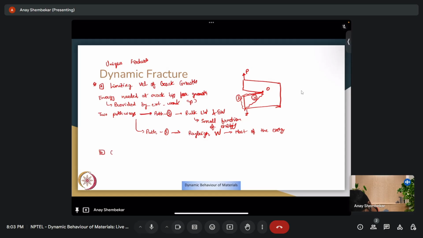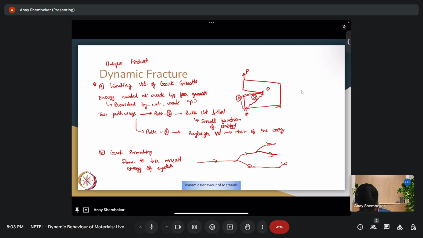Second thing is crack branching, and this is done to decrease overall energy of the system. So suppose you have a crack that grows like this, and then it splits into two, which in turn again splits into two, and so on and so forth. So this helps to decrease the total energy of the system. So how do we get at those? First, we'll look at the